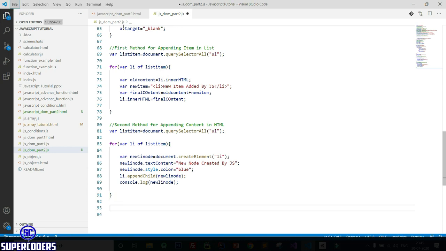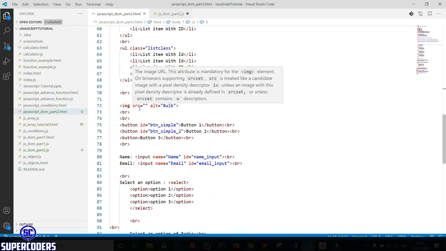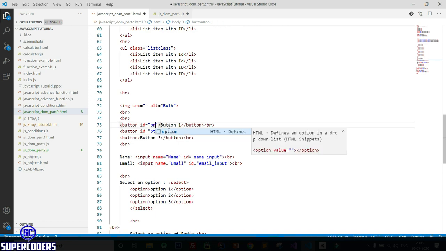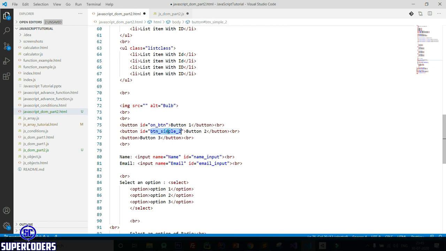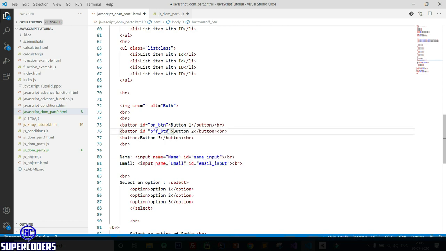Now let's see the next example. So move here, and here you can see a bulb tag and image, and I added a button too. So let's change this to on button, change this to off button.